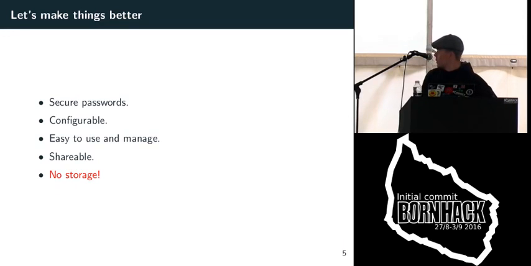These are the areas that I focus on when I want to have a password manager. First of all, it should be easy to create secure passwords, or at least manage them. LastPass and 1Password and KeePass, etc., have an ability where you can create a very high entropy password very easily. You just click on a button and then it takes something from your random file or something. It should be configurable.